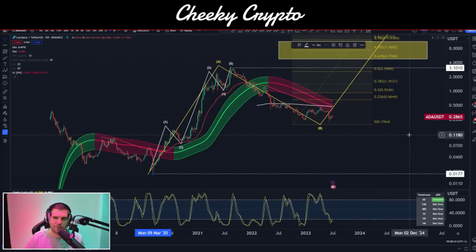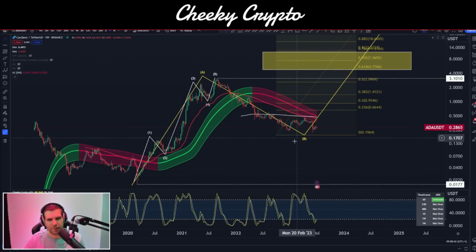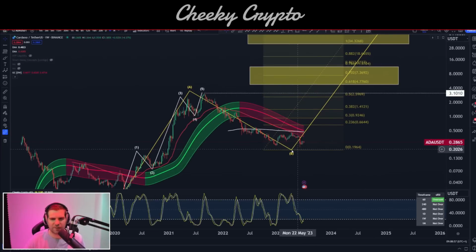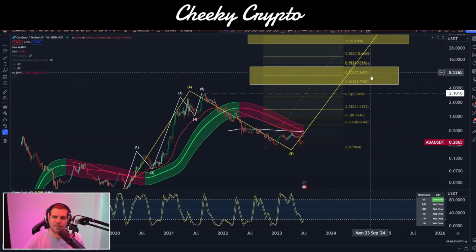That's not a number that I think we're likely to hit on Cardano ADA. If we do, then of course I will be stacking up stupid amounts of ADA at that point, and I just don't think I'm going to get that opportunity. Of course, I do think we're going to come down a bit deeper, and we'll see how that goes. But for now, we're just going to keep this on around 19.64 cent, as it's an area that could be our bottom or a local bottom for a medium amount of time. A new all-time high is inevitable after that. You can see that we'll probably be looking between the 618 and the 786 as a nice comfortable range.